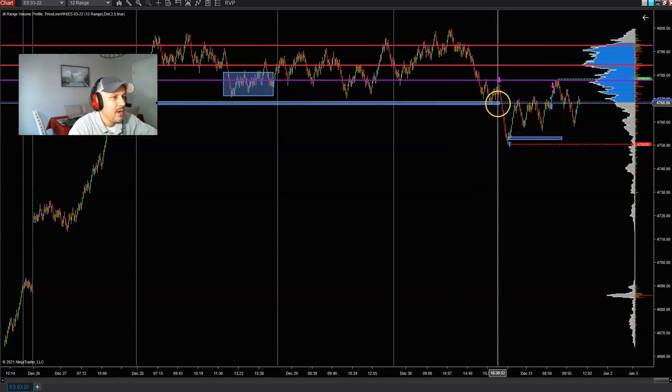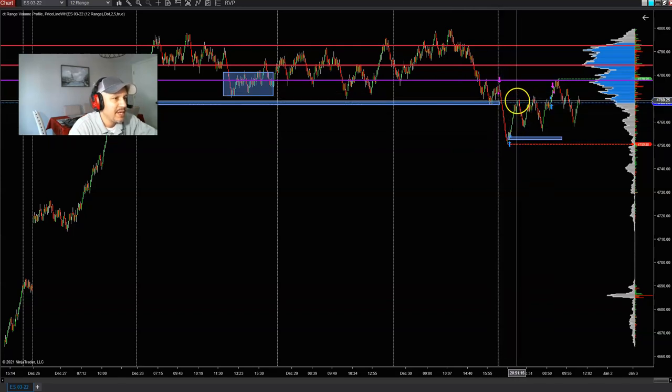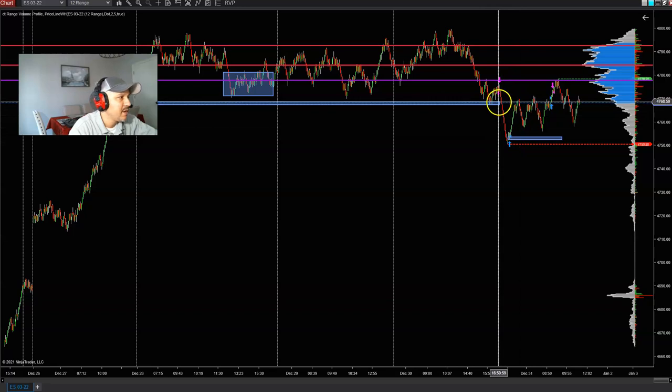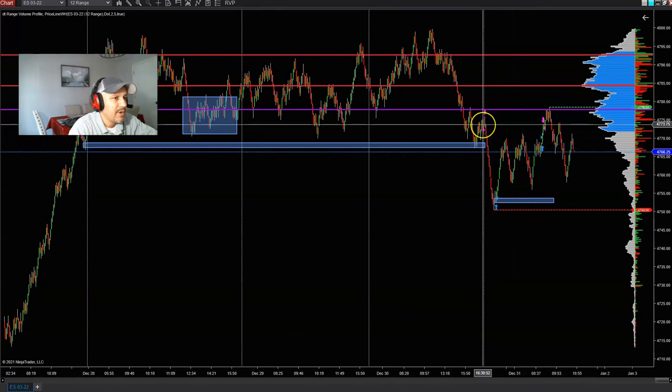Like right here, where price came down, formed the swing to the downside, price pulls back to that area, right? Well, what does it pull back to? It pulls back to that area of resistance, which is this swing right here, and then it pushes back lower, rejects here, pushes lower. It doesn't pull all the way back to the area of supply right here. So